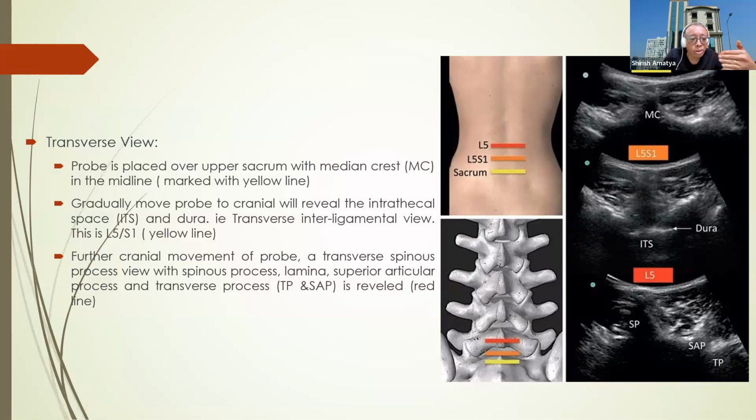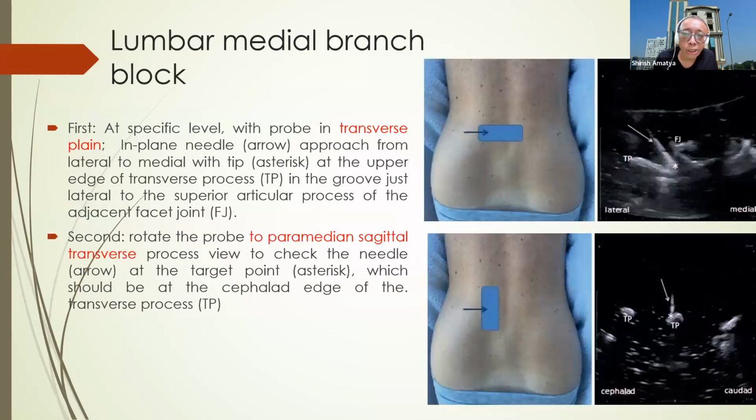So we can count the lumbar vertebra using the transverse view, as well as the sagittal view, and we can reach the desired level of lumbar vertebral body at which a median branch block or facet block can be done. To do the lumbar median branch block, after counting the desired level,